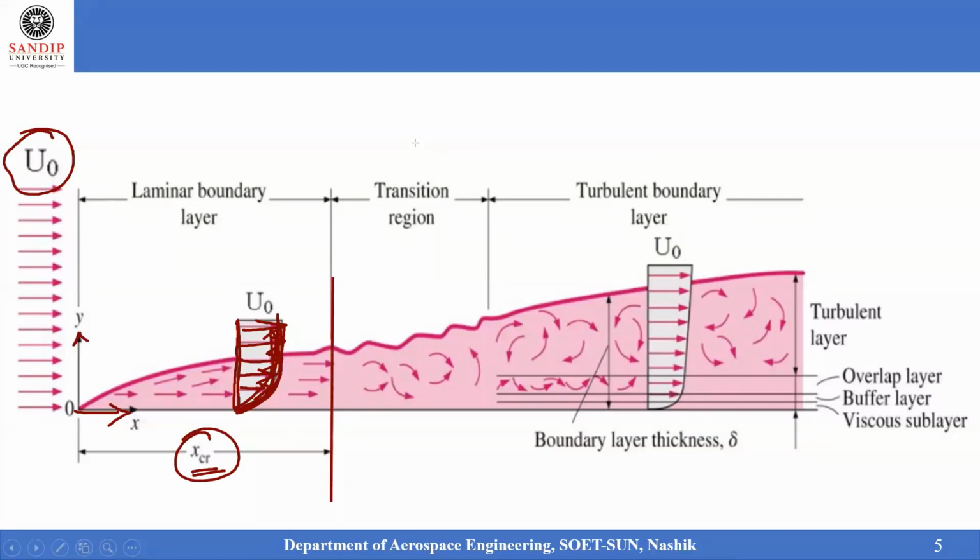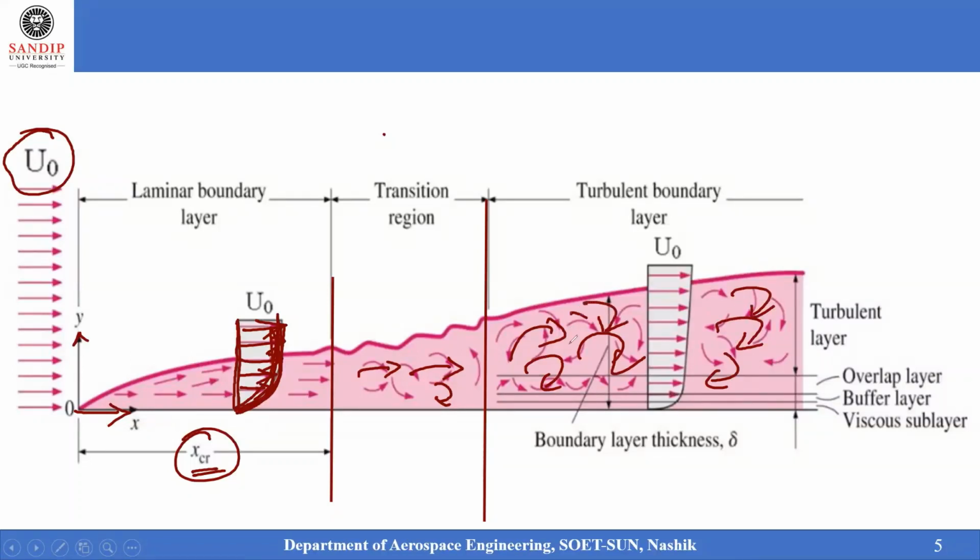And in the transition zone, the disturbance started, but not completely, the disturbance has increased. So up to the transition region, the fluid has become slightly disturbed. Whereas in the turbulent region, the flow cannot be defined with a single velocity. As it is completely turbulent, completely zigzag in nature, the fluid is moving. So this we call the turbulent region or the turbulent boundary layer.